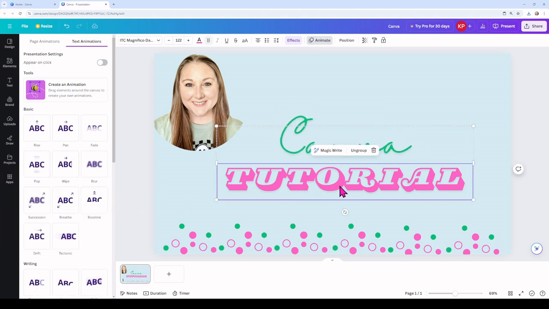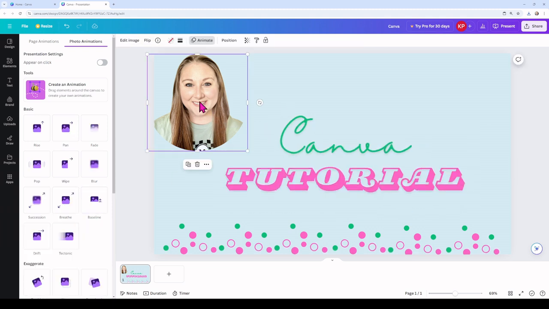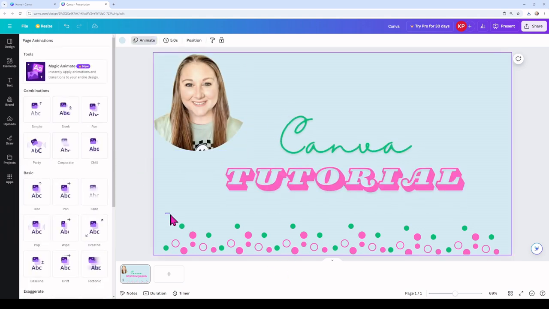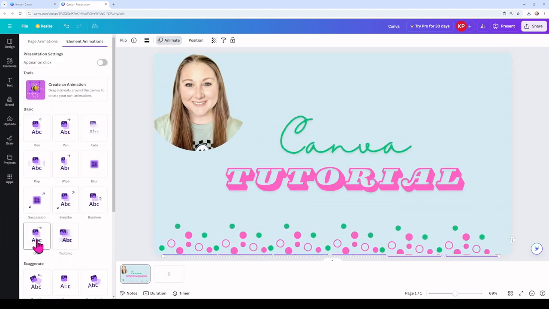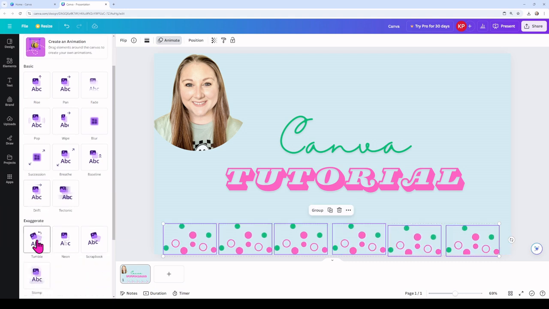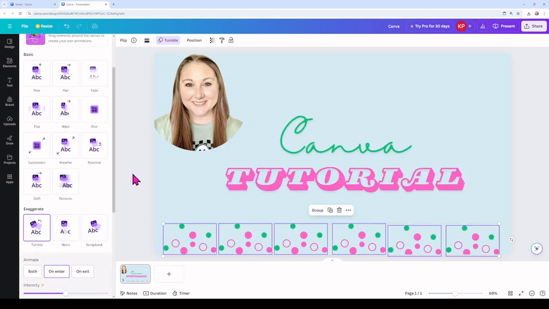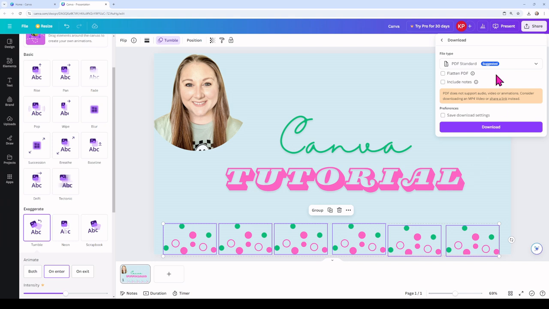And then for tutorial, let's do baseline, I guess. And then for my picture, we can do pan. And then for the banner down here, I'm going to highlight all of those. And let's do, let's do tumble. I think that'll add just a little bit of pizzazz to it. All right, so I think that looks good. Now I'm going to do share, download,